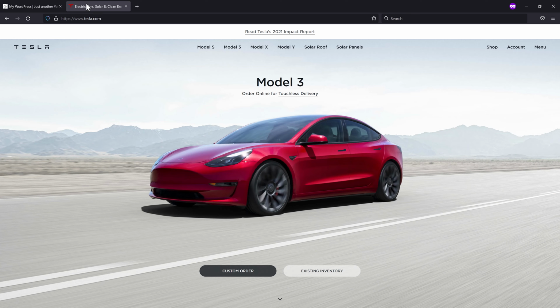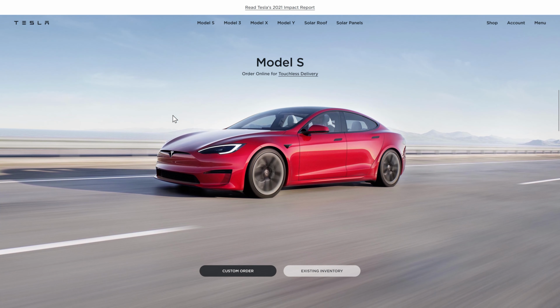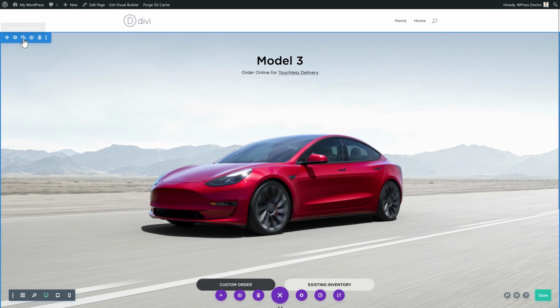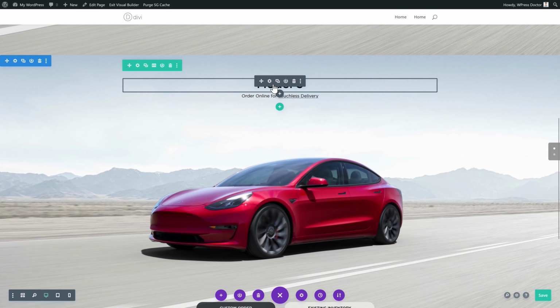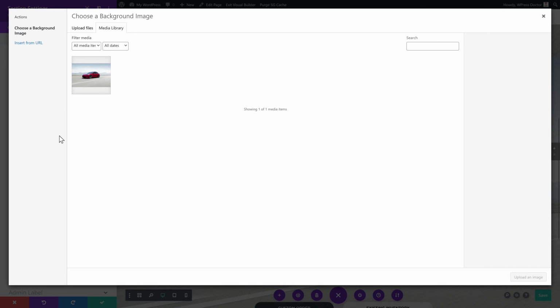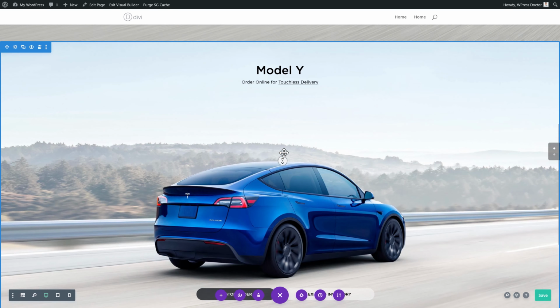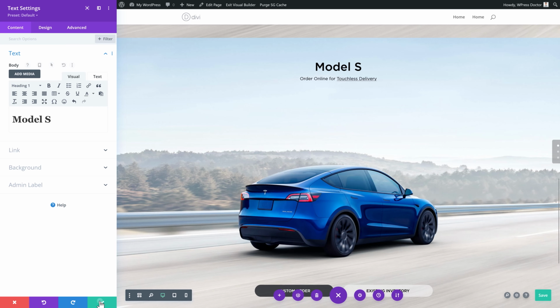This is excellent. Now to create the other pages when you scroll down is actually really easy. We just duplicate this entire section like this, and we scroll down, and we're gonna create here model Y, change the background of the section, add it in, and that's it. It is super easy. Let's do it again. So the next one is the model S, and there we are.